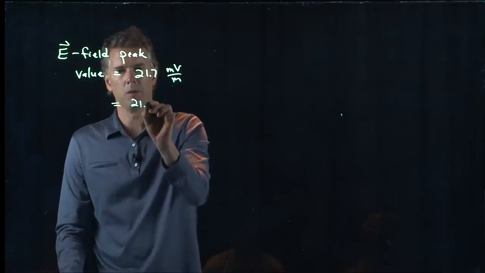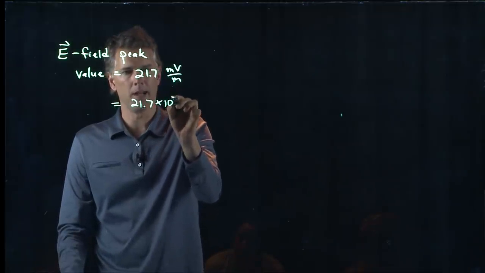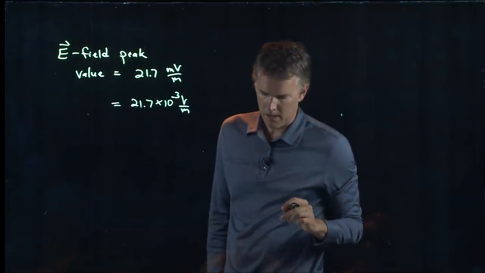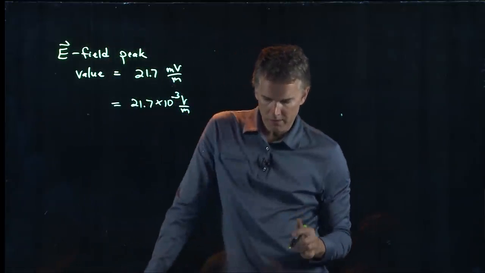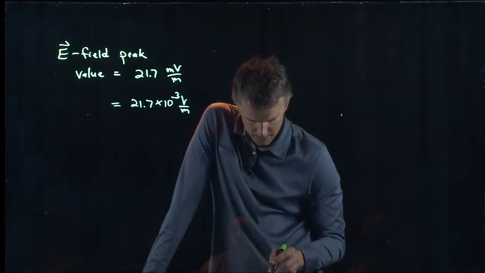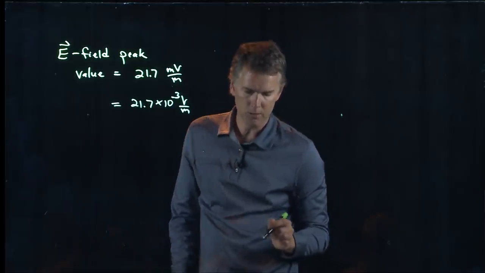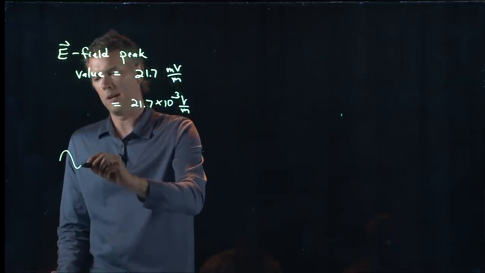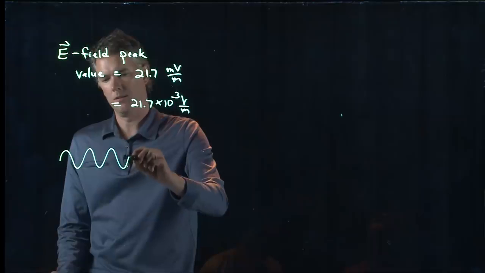So that's 21.7 times 10 to the minus 3 volts per meter. And it wants to know what is the average rate at which this wave carries energy across unit area per unit time. So we have some electromagnetic wave coming along,